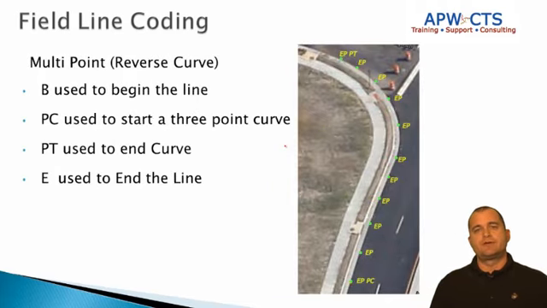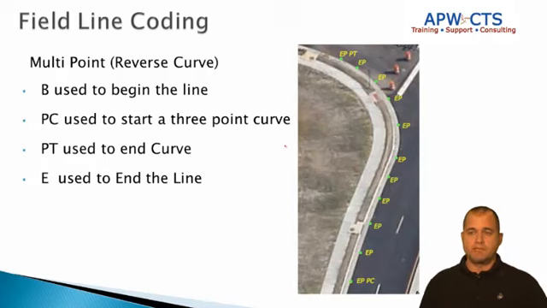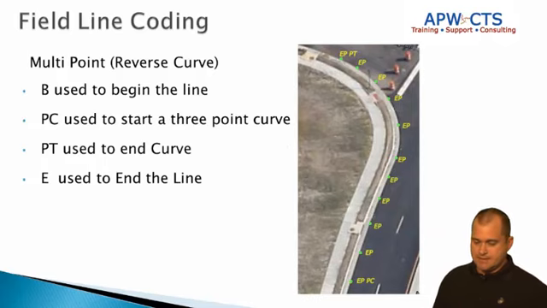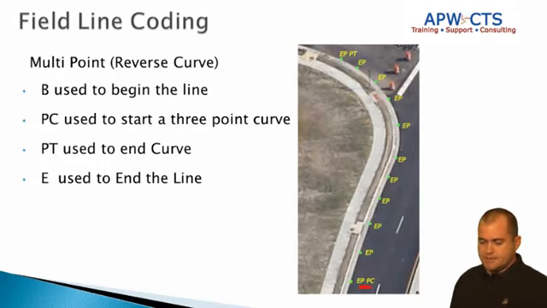Here's another method for coding multiple points. You can see I've got this curve. It comes down, and then it looks like it's got a reverse curve in there. So what I'm doing here is starting with the EP PC at the very bottom, and then I'm just shooting a bunch of EP shots. In here I want to make sure that I shoot where that return is, but notice I'm not doing any special coding. I'm just continuing the edge of pavement until I get to